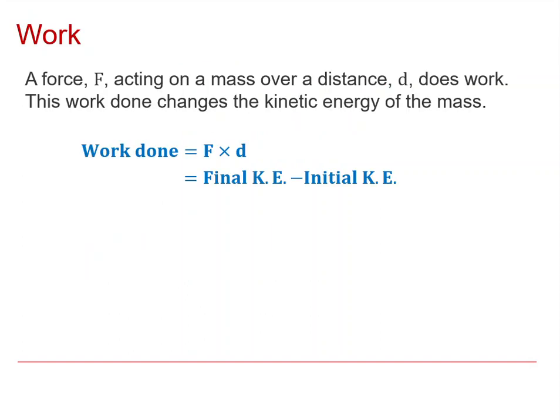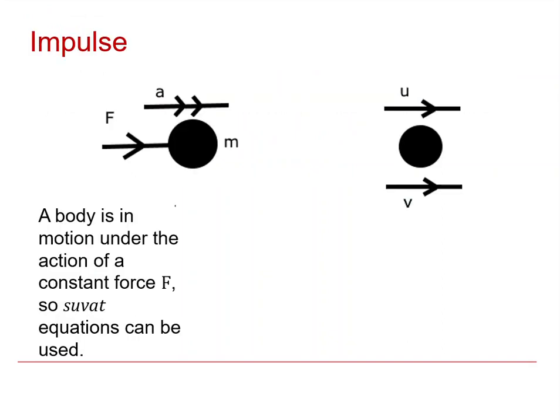We've already had the work energy principle, which is expressed as the work done is the change in kinetic energy. The work done is defined by the product F times d in the case that the force is constant, and the change in kinetic energy is of course the final kinetic energy minus the initial kinetic energy. Now we want to look at a different principle this time, and for this purpose we want to start again